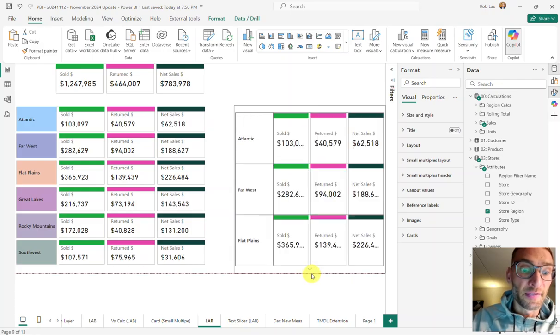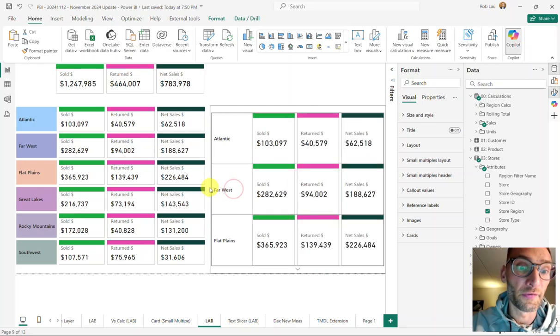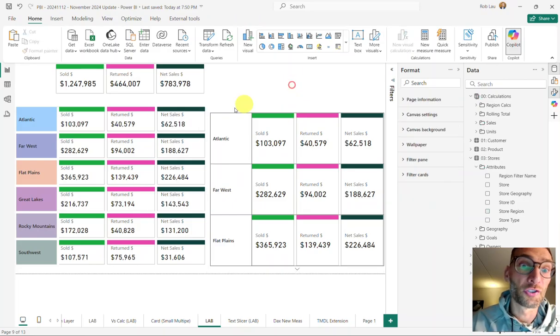Doesn't look the same as the thing on the left, does it? So let's talk through why that is, and we're going to fix it. We're going to make it work. They both are equal in the formatting, and that's going to be very helpful. I'm going to show you how to go real quick from this to this, and you'll see the different elements